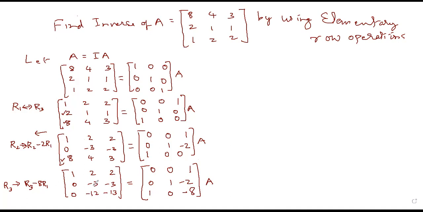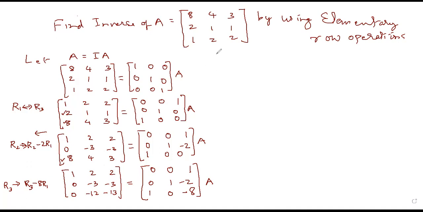In the second round, now we have to make 1 here. Here we have to make 1 first. So we have to find a way of making 1 easily. But just keep in mind that these two zeros will not be disturbed. Suppose if you are making this one and this 0 becomes any other number, then our aim will be destroyed. So that's why, as I told you, in the second type of operation we can multiply. So if you multiply by minus 1 by 3, it will become 1.